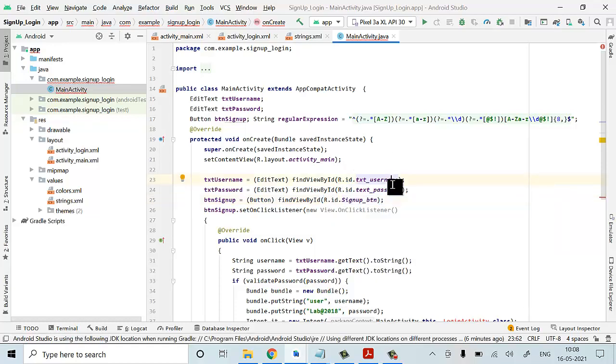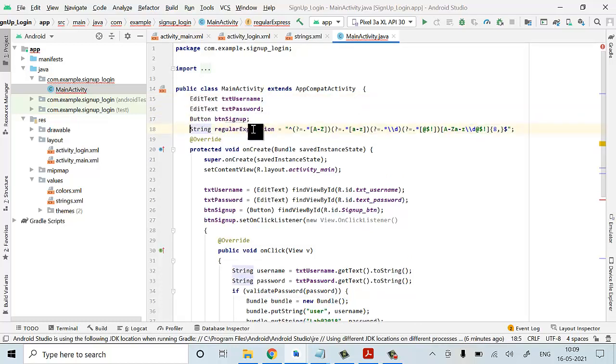Now I'll explain the code line by line. First, I have declared local variables with the data type called EditText: one for text username, another for text password. Next, another one I have created for the button sign up.